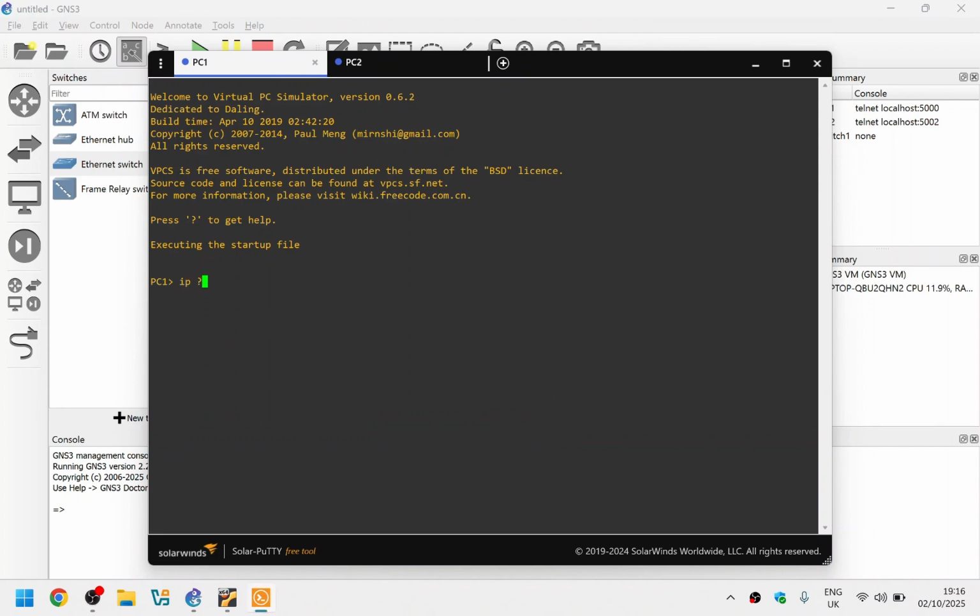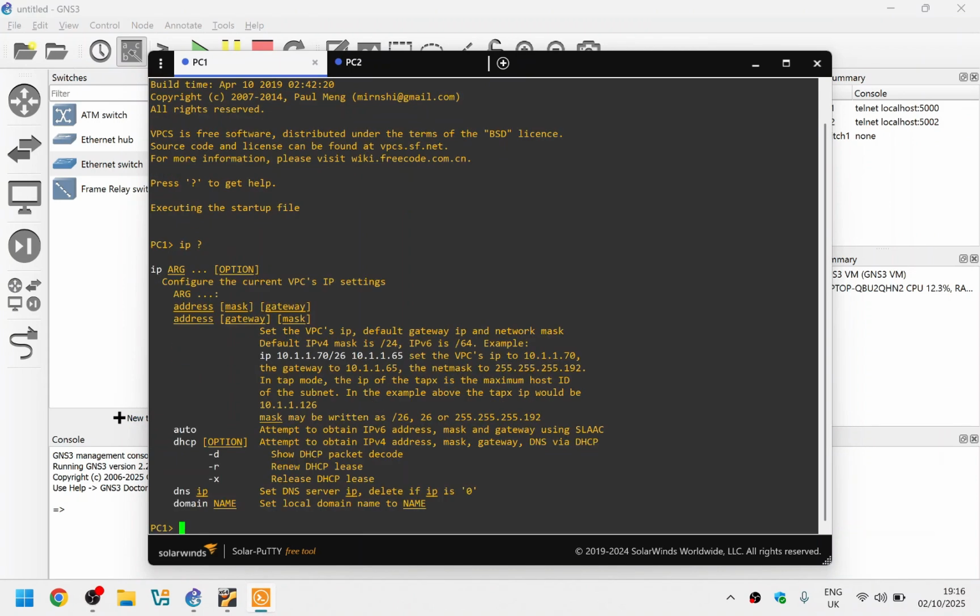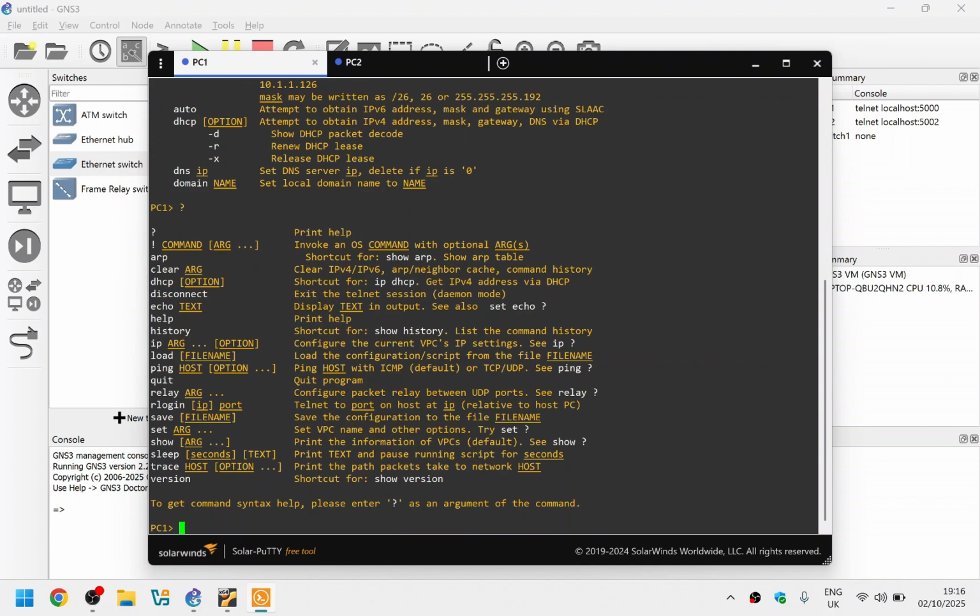If we do IP and question mark, we can see we get the syntax for the IP command. We can also just press the question mark if we don't know any commands. And IP, one of the first commands we want to do. We want to give a machine an IP address. I'm going to give it